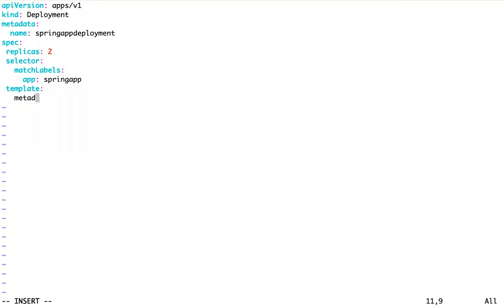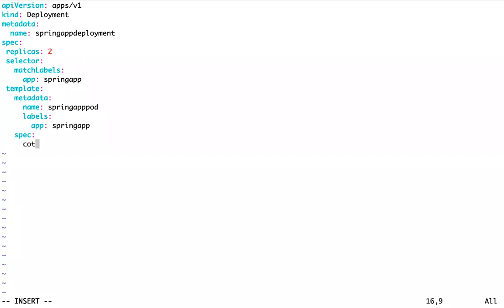Metadata, name, labels of your pod, that is your selectors, then your pod spec.